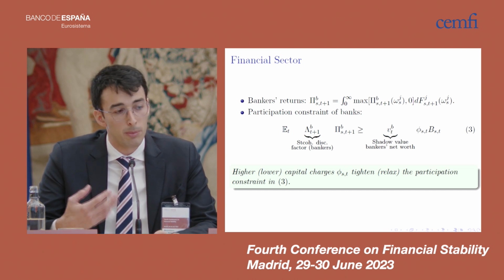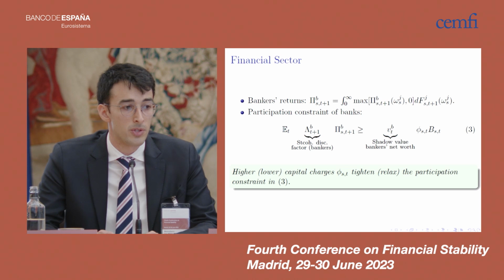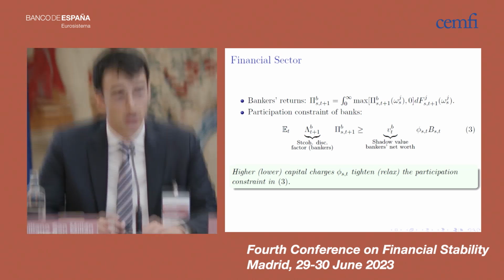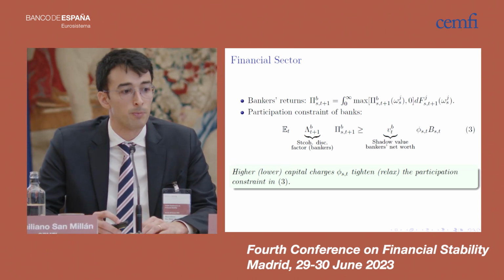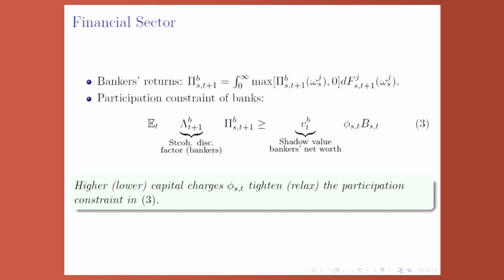Now, because I will be assuming that bank net worth is scarce, as is standard in this literature, there will be a shadow value of the banker's net worth. But more importantly, this participation constraint crucially depends on capital requirements. Let me be more specific, let me say capital charges instead of capital requirements. So this is the effective